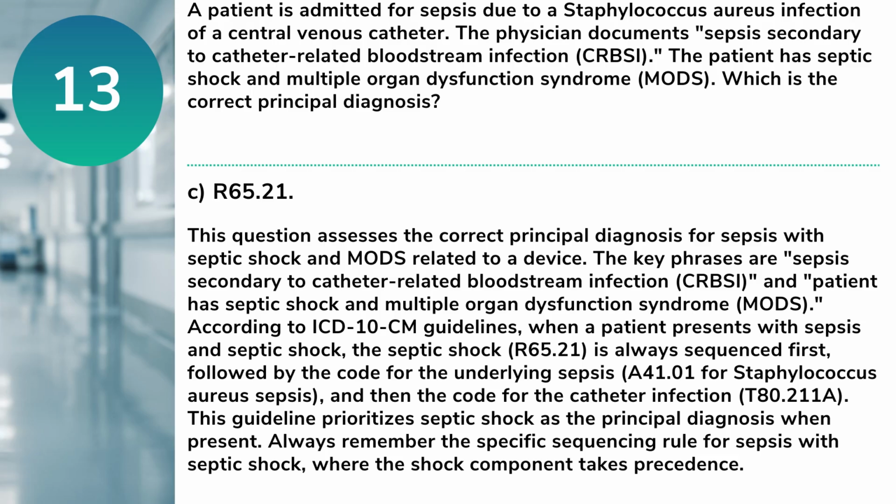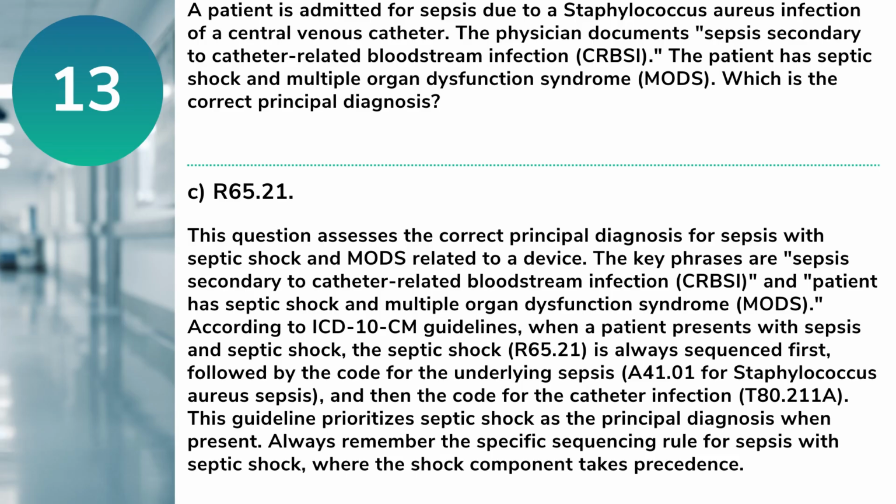R65.21. This question assesses the correct principal diagnosis for sepsis with septic shock and MODS related to a device. The key phrases are sepsis secondary to catheter-related bloodstream infection, CRBSI, and patient has septic shock and multiple organ dysfunction syndrome, MODS. According to ICD-10-CM guidelines, when a patient presents with sepsis and septic shock, the septic shock, R65.21, is always sequenced first, followed by the code for the underlying sepsis, A41.01 for Staphylococcus aureus sepsis, and then the code